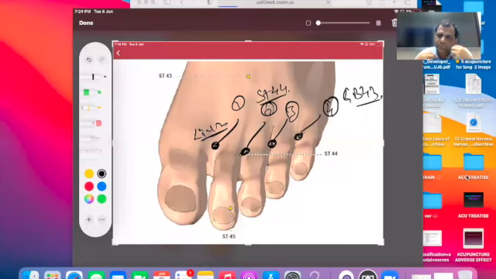The fourth Bay Margin is good for excessive bleeding. The liver 1 point and the Jingwell points, liver 1 and spleen 1, are very good for erectile dysfunction. Spleen 1 and liver 1.